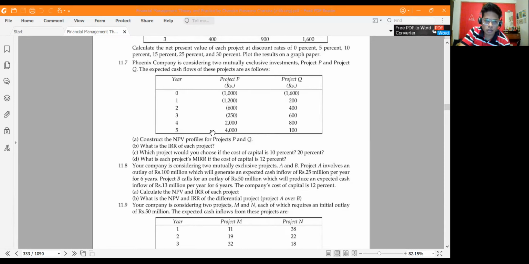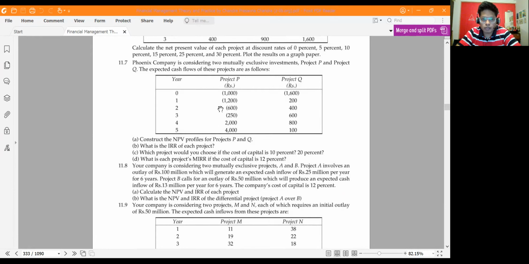Okay, should I do this sum? Okay, I'll do this sum. This will be very easy. So let me try this sum, 11.7. So this will be a very easy sum. If you want to skip this video, you can. But just to make sure that you understand how to calculate the present value of cash outflows, you can try this.